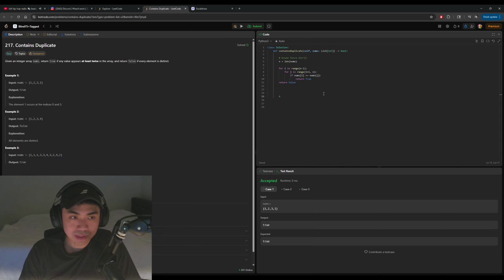Okay, so we'll get to our O of n solution now using a hash map. So I'm just going to define, let me comment this out. Just going to copy this. And we need to initialize our dictionary. I'll just call it counter. And the first thing we need to do here is populate our hash map with all of the numbers and their occurrences. So we'll say for num in nums,